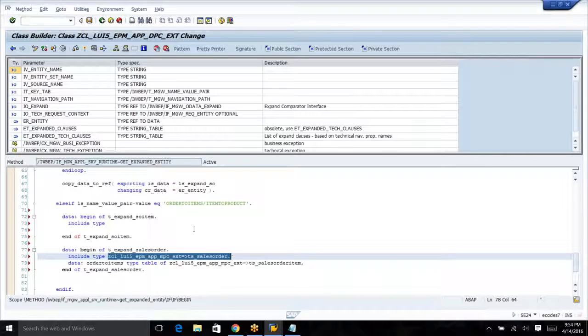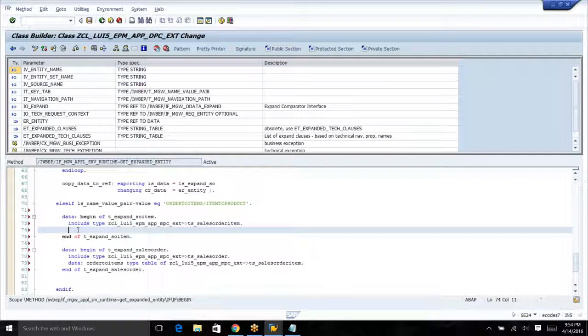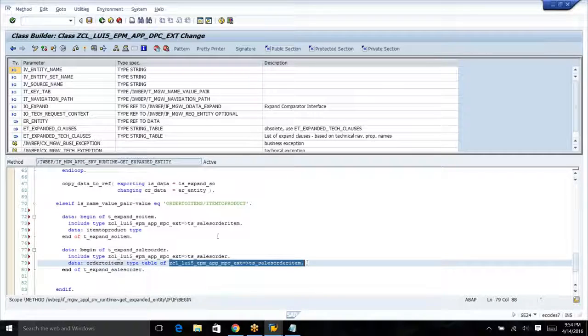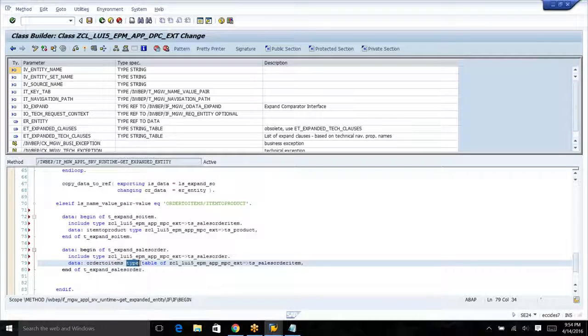Sales order item. Yeah, sales order item. Okay, then we will have navigation property item to product. Okay, type T by product. This one like table of